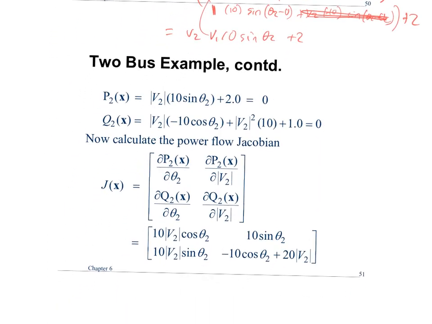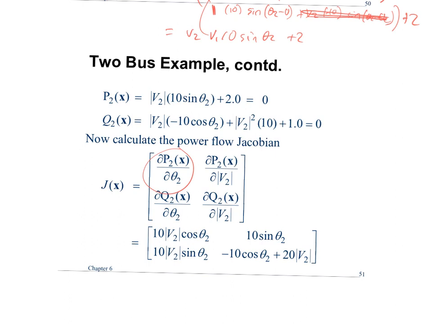So I'm not going to go through Q2. You can do that for practice if you'd like. Here's our Q2 equation, our power balance, and our P2. And I've written it in terms of variables. Now I've got to start taking the partial derivatives to get my Jacobian. So the first one I need is the partial of P2 with respect to theta 2. Remember, everything in P2 is a constant except theta 2. So if I take the partial of P2 with respect to theta 2,